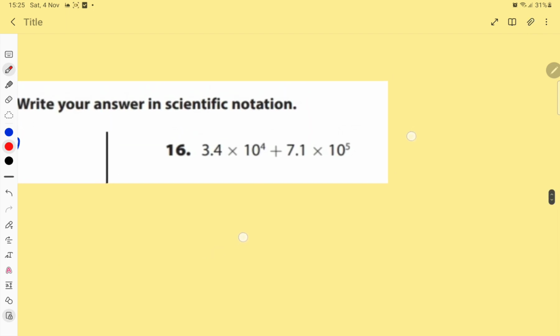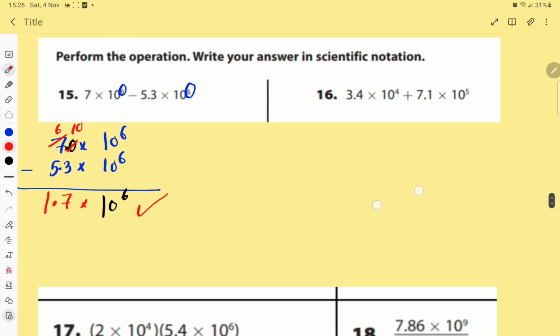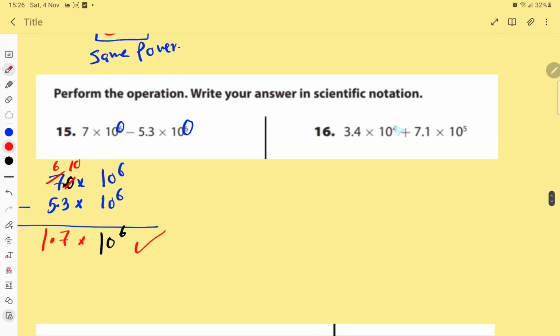Here also, in addition, we should keep the powers as they are. We should have the same power. Take care. In this question, this is 10 power 4 and this is 10 power 5. So the question is